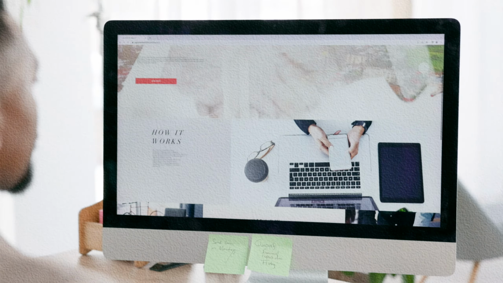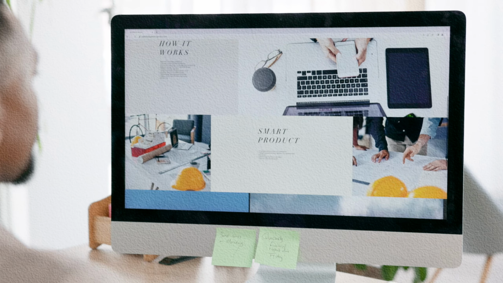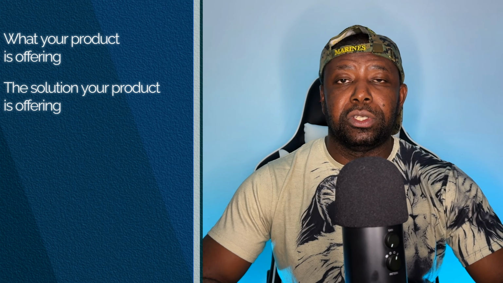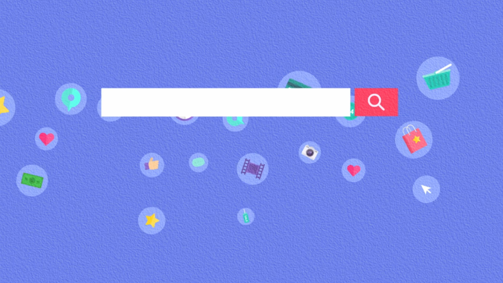Again, when it comes to writing your pages, you can use AI to write great hooks, like really great hooks that you can use on your landing pages that relate to people that land on that landing page. Within a short period of time, they will understand what your product is offering, the solution your product is offering, and who exactly that product is for. All right. These are the ways you can use AI plus so many other ways. And I will cover this more in other videos. But just know that AI is not here to replace you. AI is here just to enhance your work and increase your productivity when it comes to creating digital products and marketing digital products across all platforms.